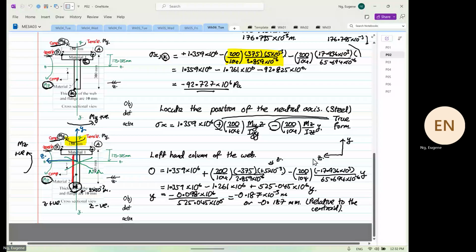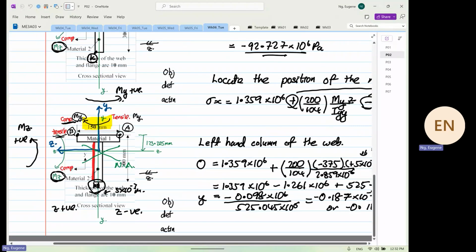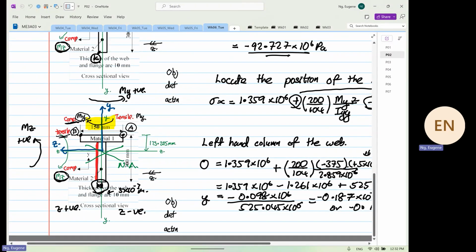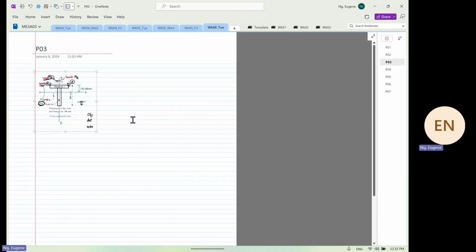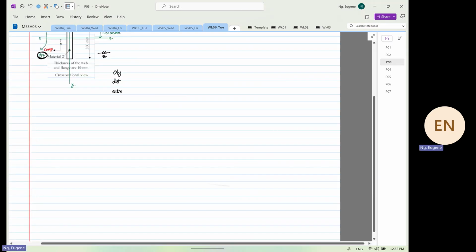Okay, we're going to continue where we finished off earlier. We have calculated the left-hand side, the left-hand column, the web. Objective is to locate the position of the neutral axis. Okay, I'm going to do it again. Maybe earlier I was a bit rushed. So now